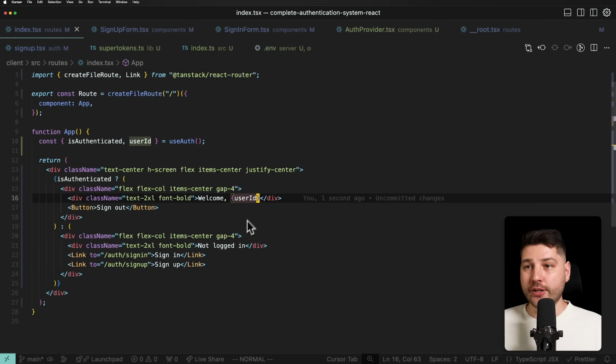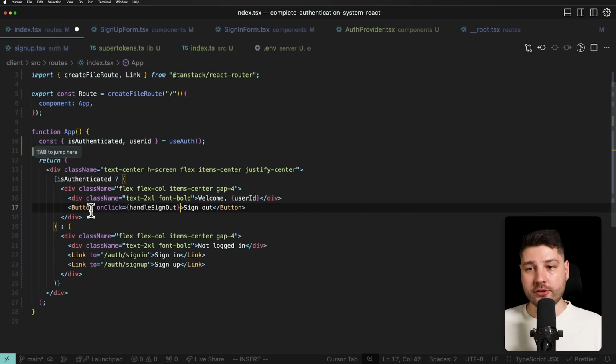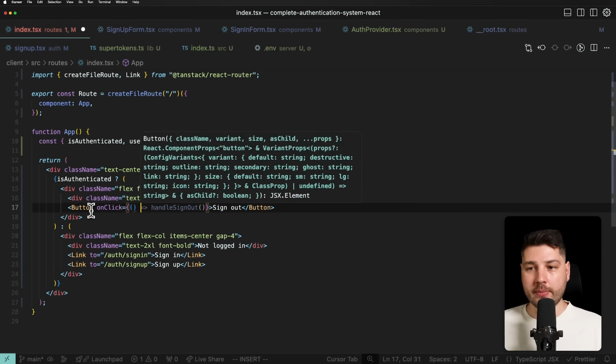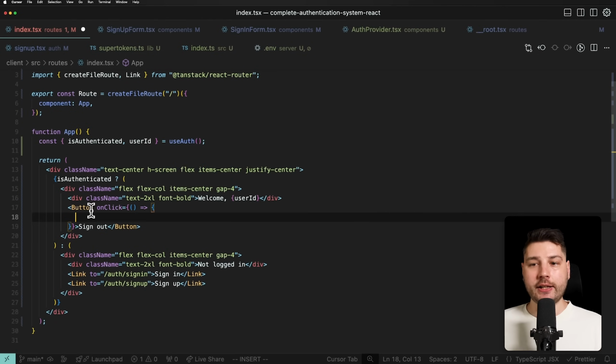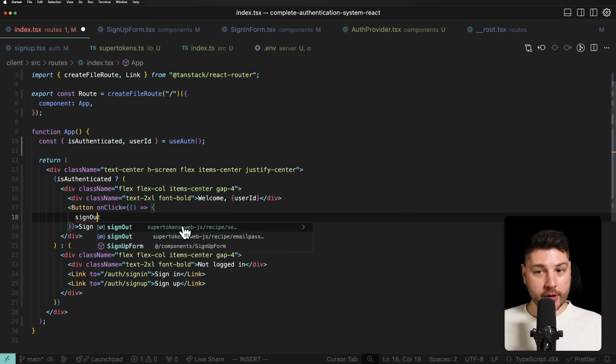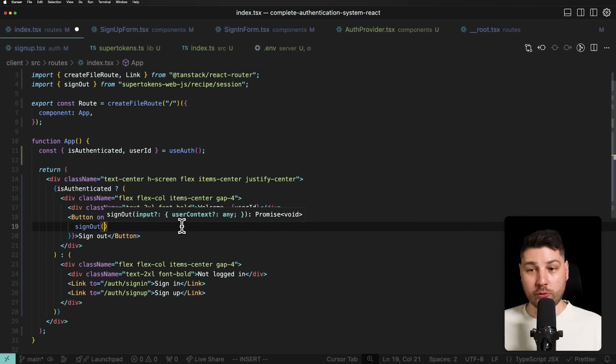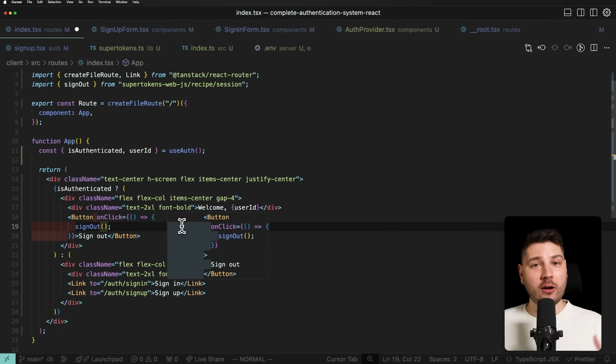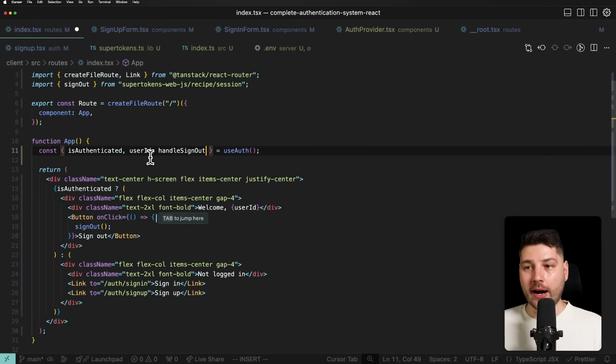So for that, it is pretty simple. We're going to come here to our sign out button, and this just needs to take an on-click function, which is going to be an arrow function like this. And here we're going to do two things. We're going to do sign out from SuperTokens, right? Again, it's always going to be a two-step process that is going to sign out the user from the actual backend from SuperTokens. And then we're going to come here and we're going to get our handle sign out